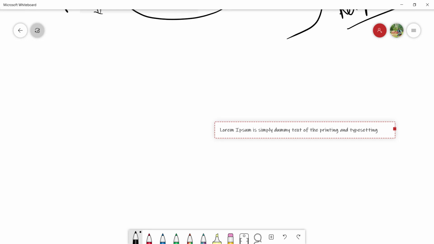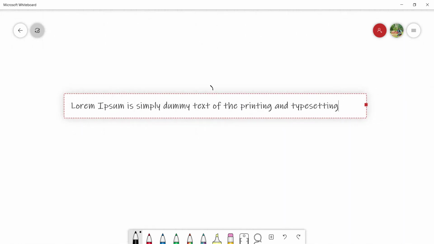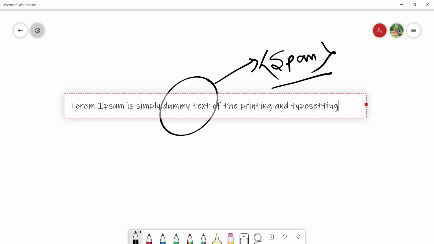So this is a line and I want to color this text only. For giving some style or effects on a particular text, we use the span tag. This is also a container type because it has opening and closing.